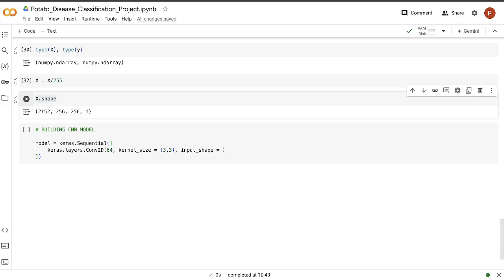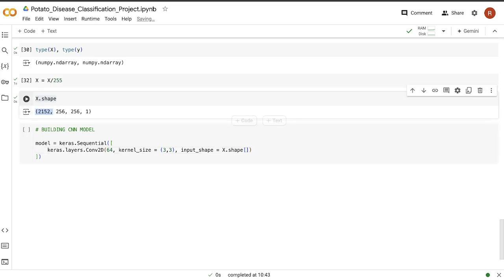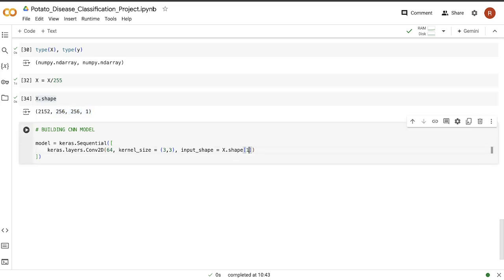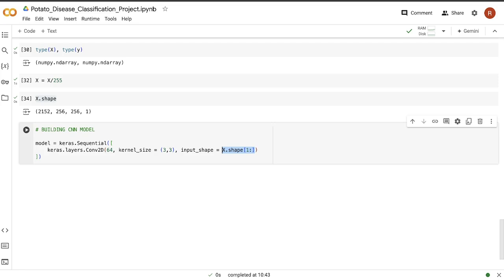So either you can directly write 256 by 256 by 1, or we can say X.shape and everything after 2152, that is, we exclude this and include everything after that, starting from index 1. So there are two ways.